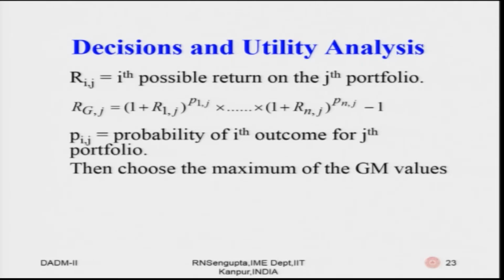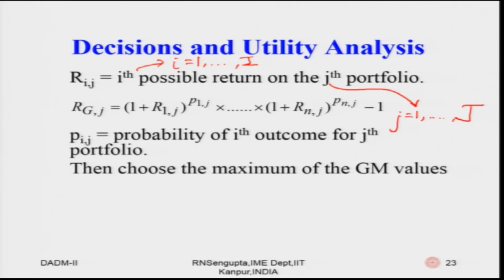So, consider the returns being given by the suffixes i and j. Rij is a possible return, the ith return on the jth portfolio, and obviously there would be one for each portfolio, so each decision j can be from 1, 2, 3, 4, 5, 6 till capital J. Let me use the red color. So, j can be up to capital J, and similarly i can be up to capital I, and the probabilities are given by Pij.